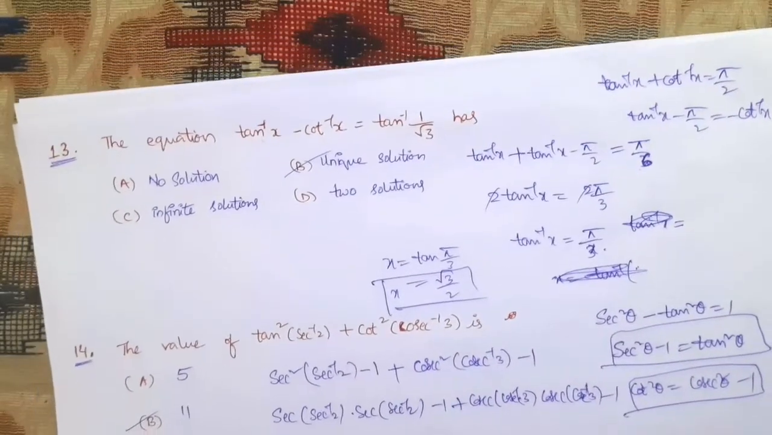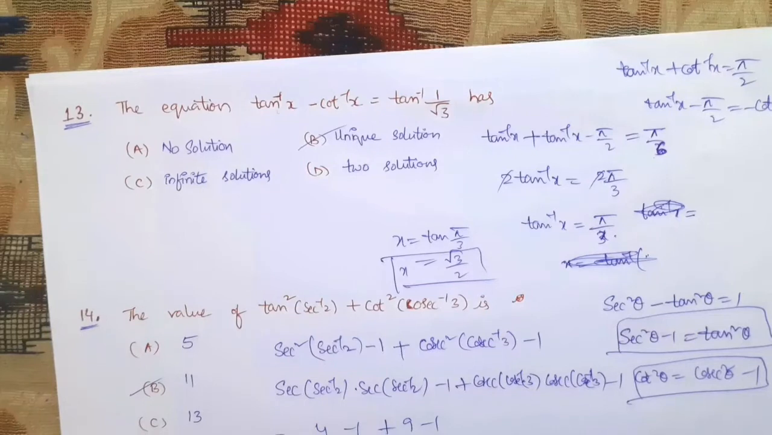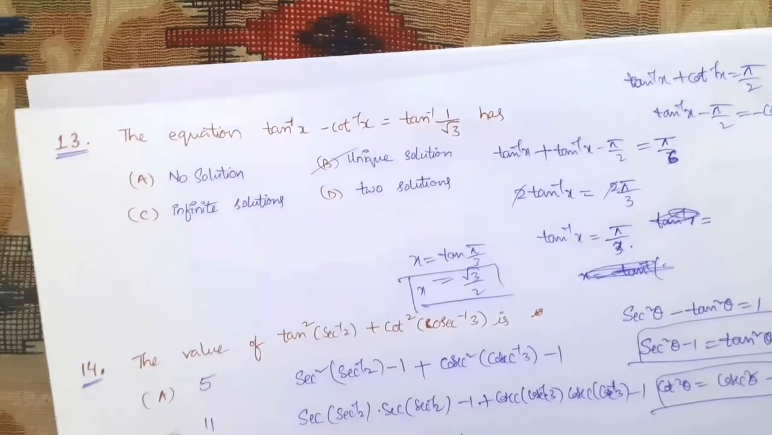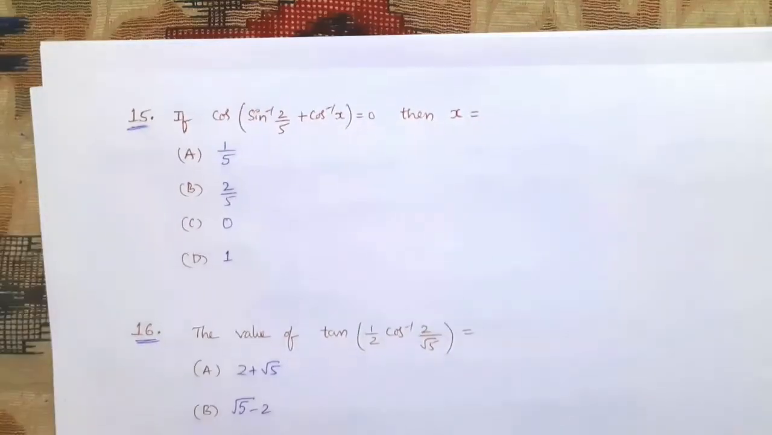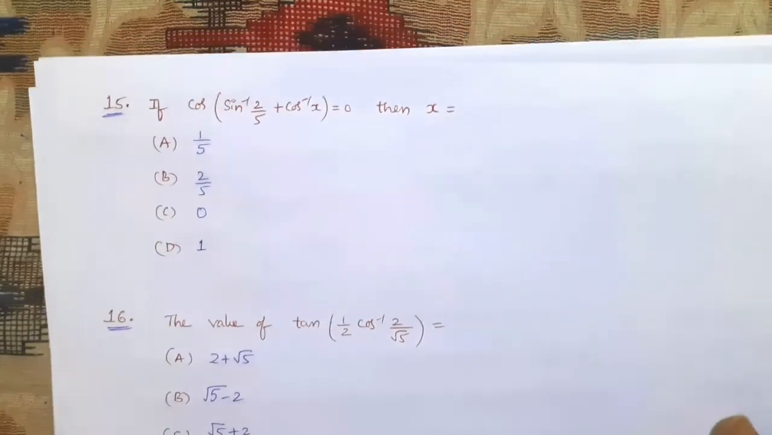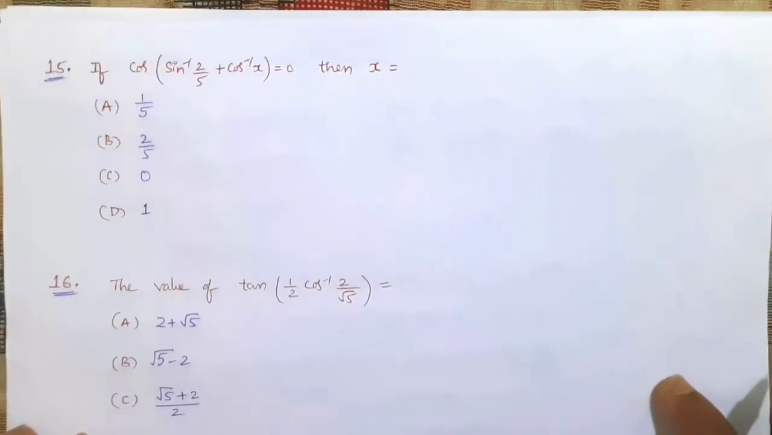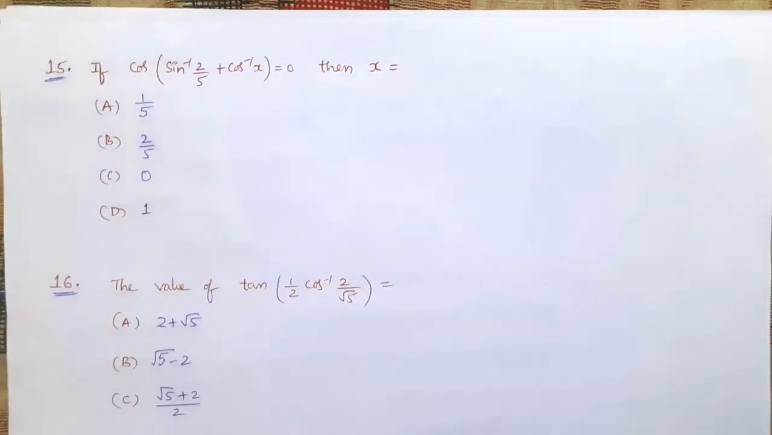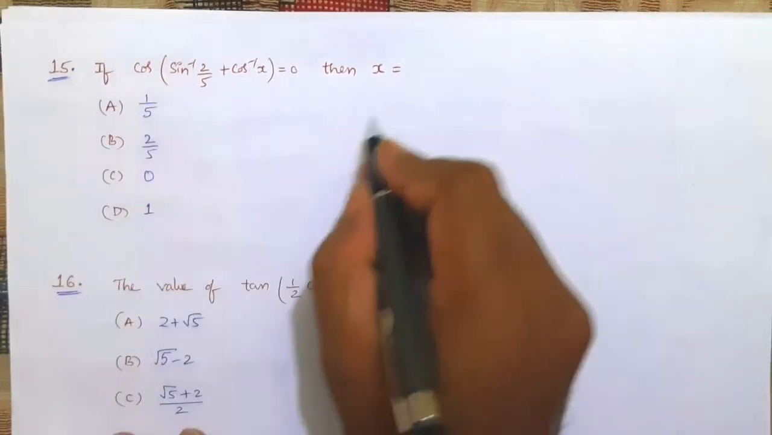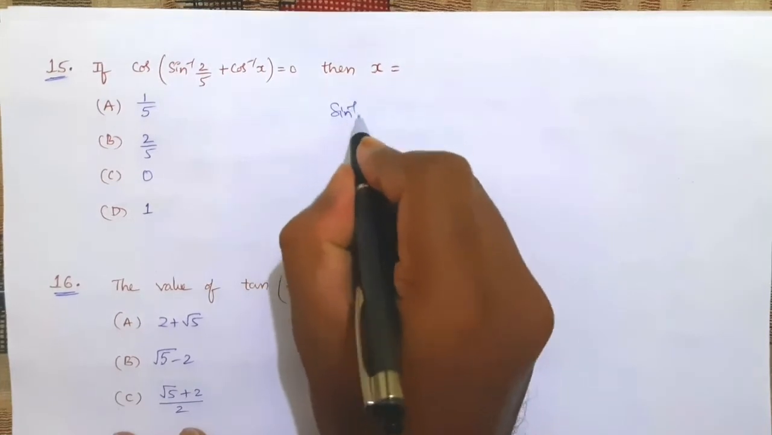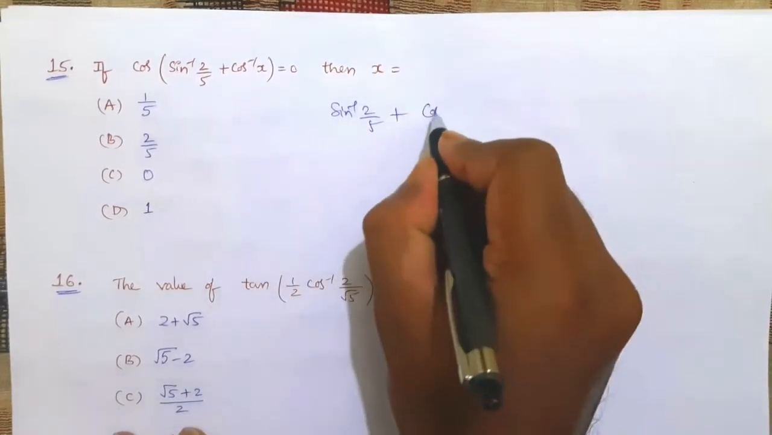Next question, question number 15. Yes, we have question number 15 here: cos of sin inverse 2 by 5 plus cos inverse of x. These types of problems are there in NCERT. First, send the cos to the other side, it will become sin inverse 2 by 5 plus cos inverse x is equal to